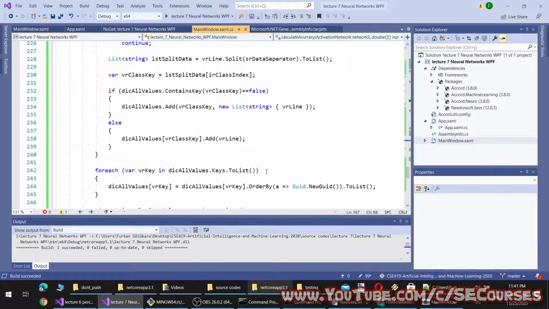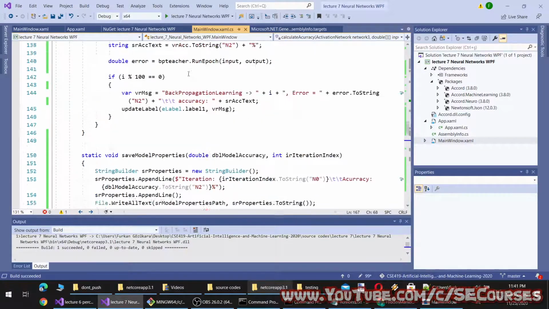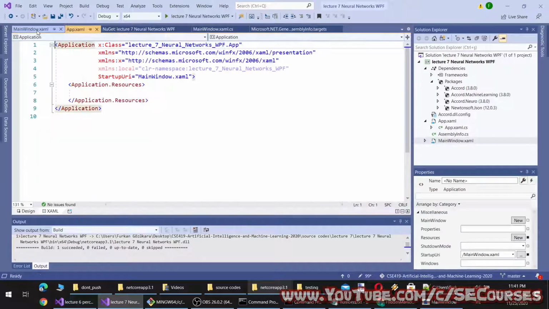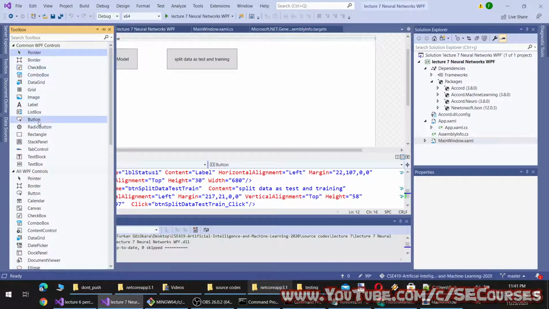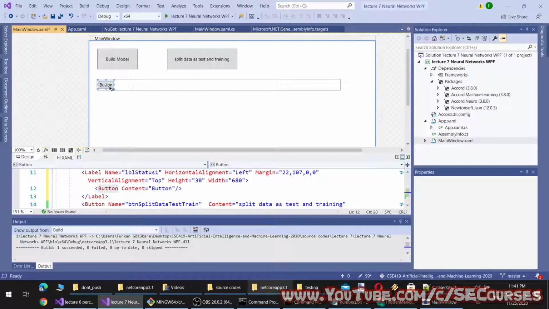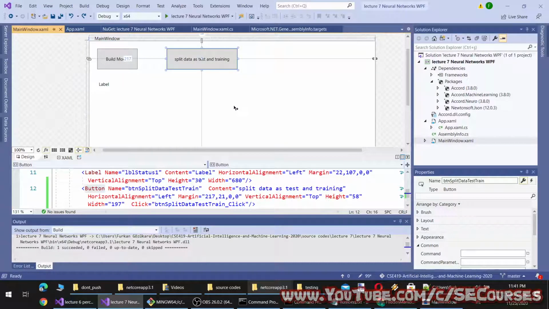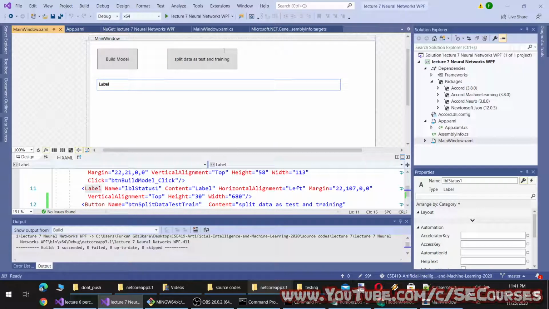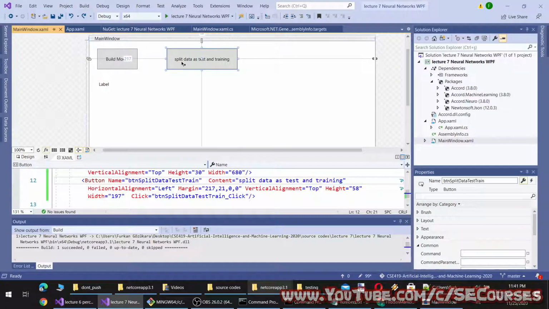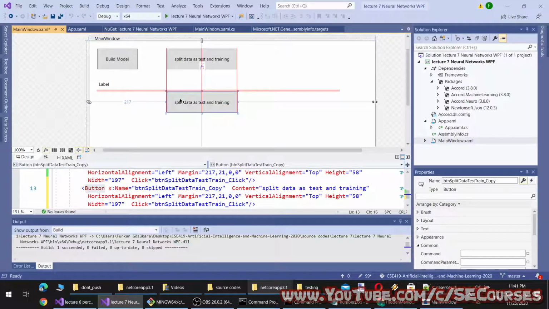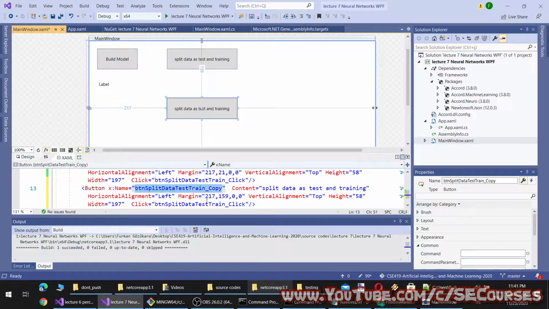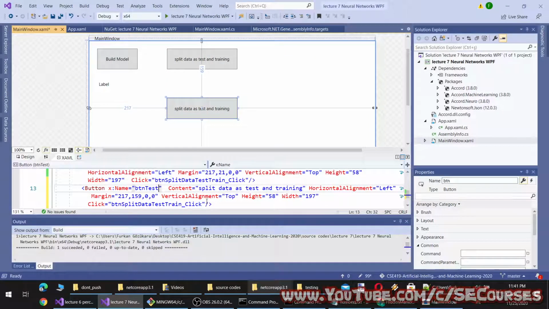Okay, so let's compose our prediction. Let's just remove it. I'm going to clone this button. Okay, it's cloned. So the name will be btn test unseen data.